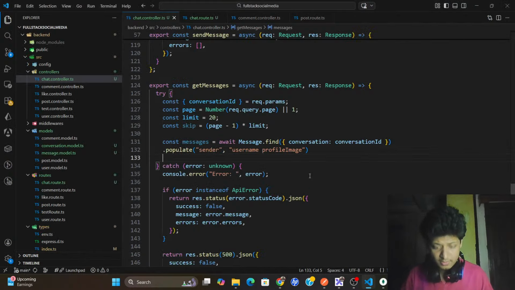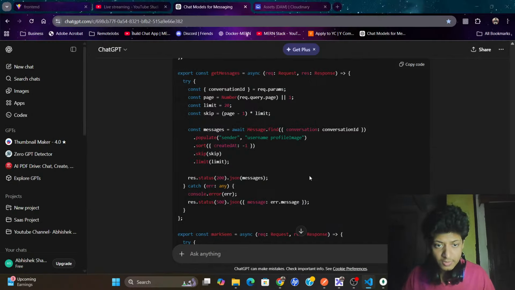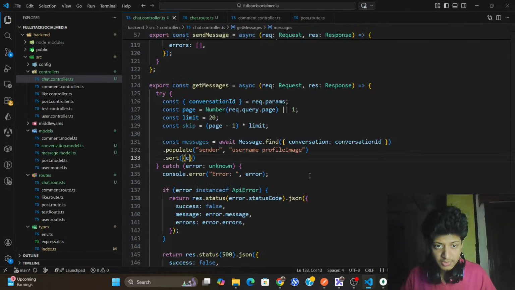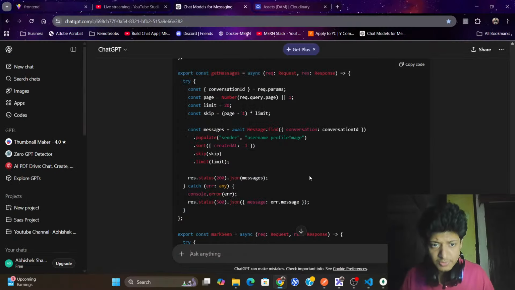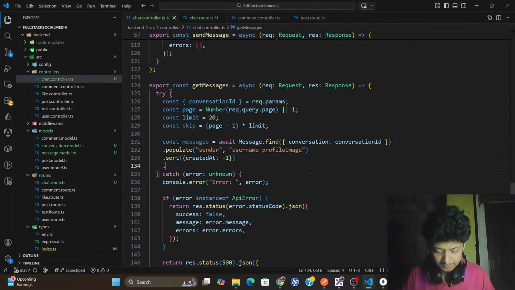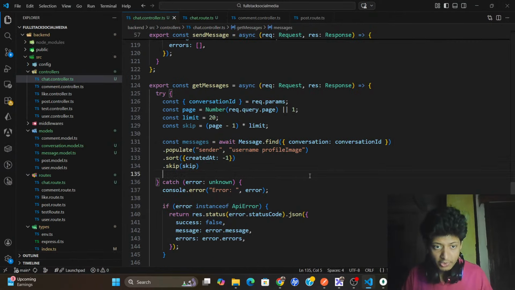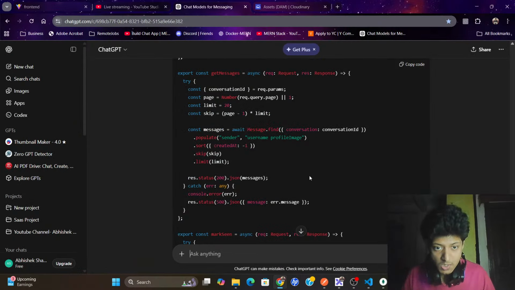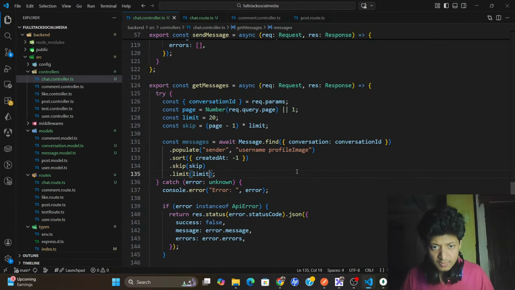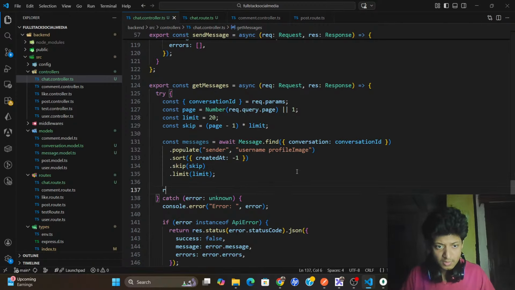Then .sort, latest one, createdAt -1, then skip to skip, .limit to limit. Fine, then I can return res.status(200).json